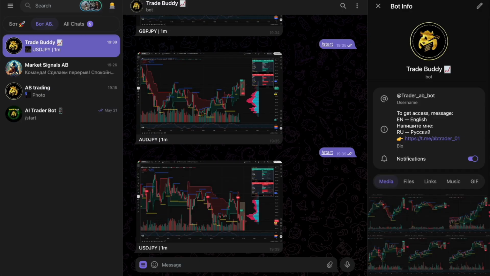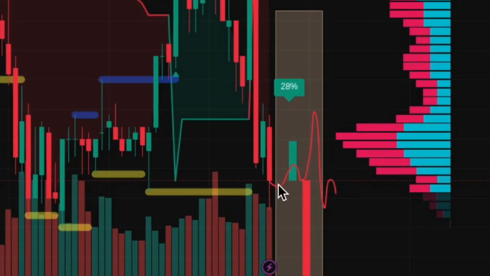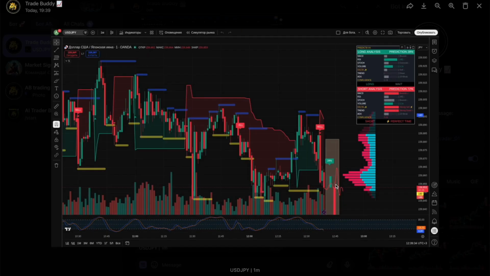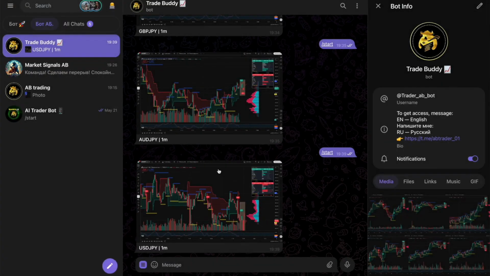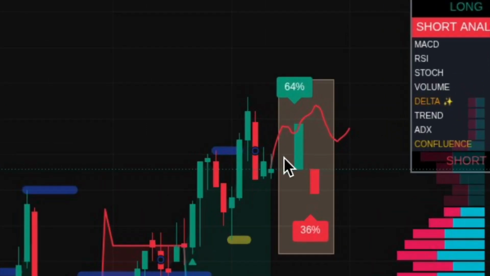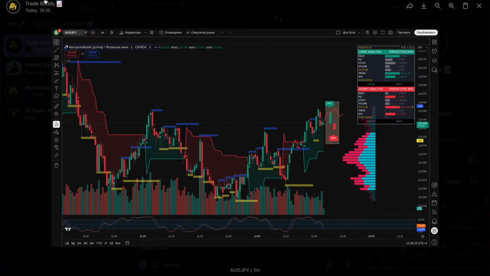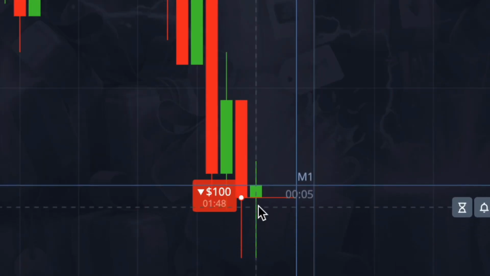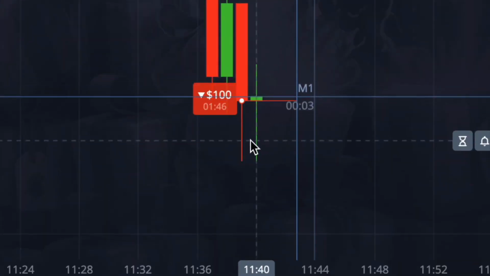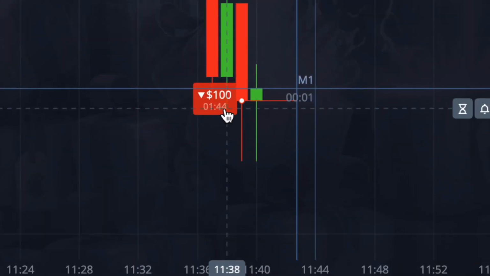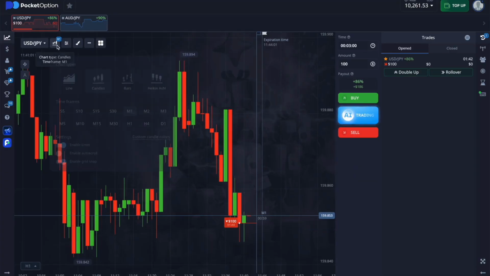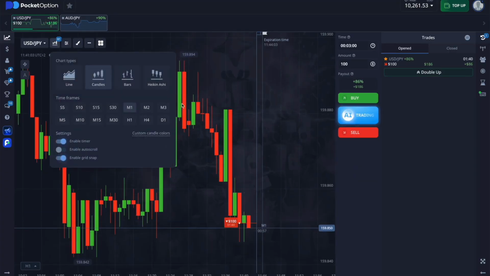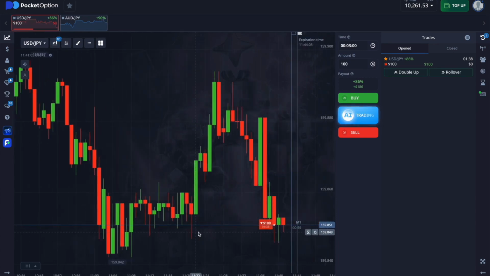Sometimes this indicator is about the future. The chart's movement shows exactly what will happen. Just as one wonderful subscriber told me, it predicts things spot on. So for example, if the movement is going up, it really does go up, and the same kind of correction goes upward as well. Right now, the main thing is that we have enough time to close the trade in profit. There's 1 minute and 44 seconds left for the downward trade. That's the chart type. I set the candles to the M1 time frame. That's how we work. 1 minute, 30 seconds left.